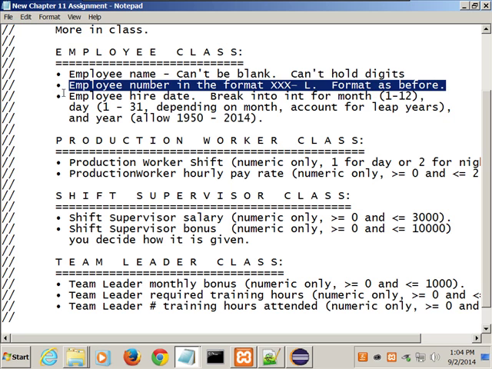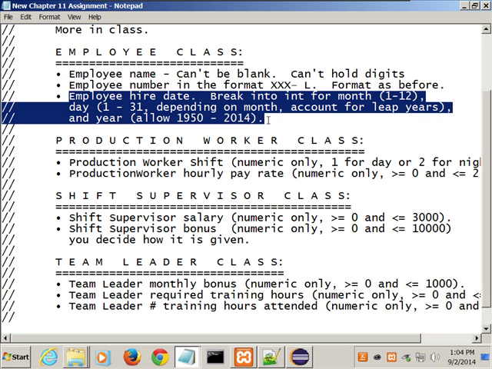The hire date, I would recommend you do this. A couple people had talked to me earlier and they said, well, what about using the Java date class? The Java date class is a beast. It's not nearly as easy to work with as the date classes in some other languages. So you can do that if you want to, and there's plenty of documentation out there, or I can try to help you. But I thought it would make the most sense to just ask the person to enter in a month, a day, and a year. If you want a little extra credit, you can account for leap years.